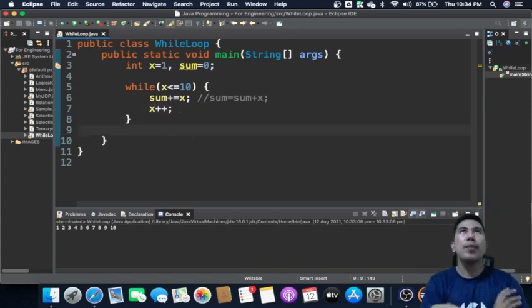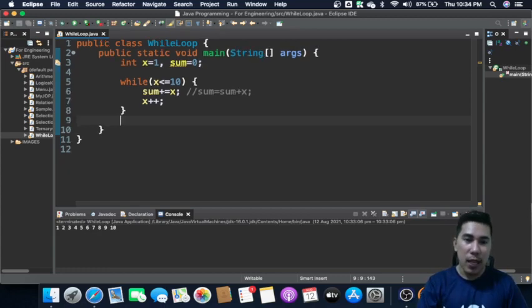sometimes most learners or novice programmers are going to read this one as printing all the integers from 1 to 10. But actually, if you look at it, it doesn't have any output statement inside of the loop. So therefore, it is not going to print the numbers.